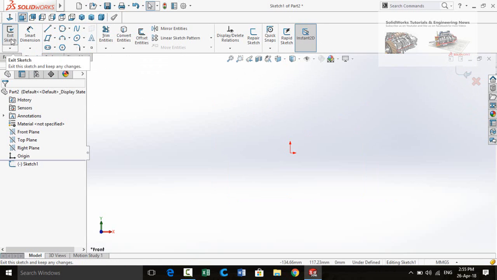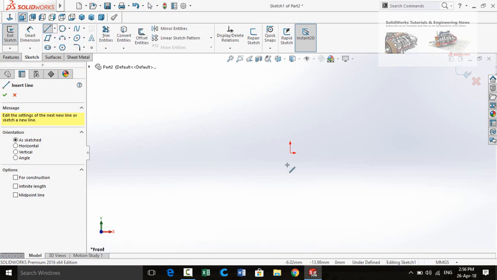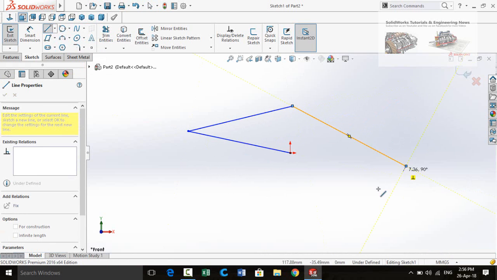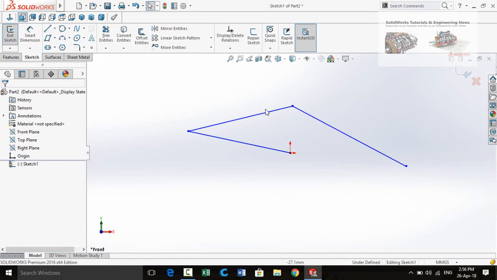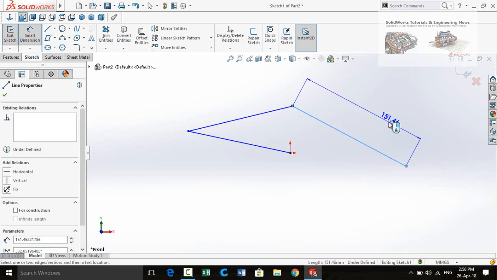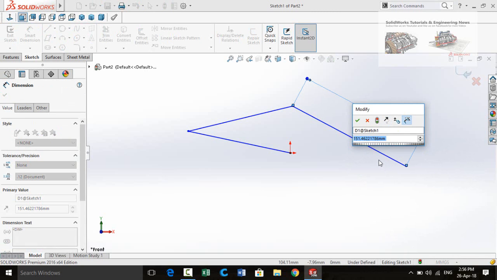First of all, this option shows that the sketch mode is enabled, and then we have smart dimensions. Whenever you draw some lines or circles or any sketch like this, you have to define the dimensions of the sketch. For that you have to use smart dimensions. So let me show you how. At the moment, if you can see here MMGS, it means millimeter, gram and second, which means that the input for length is in millimeters, weight is in grams and time is in seconds.